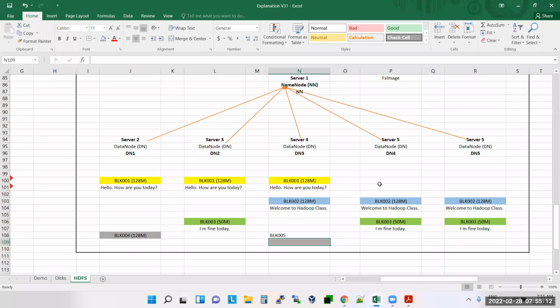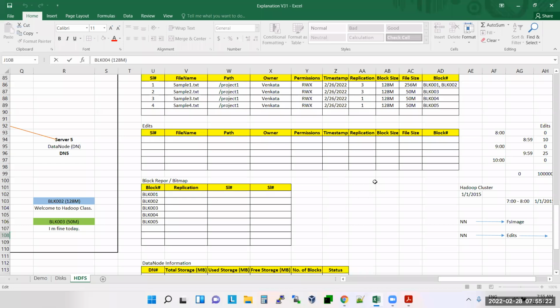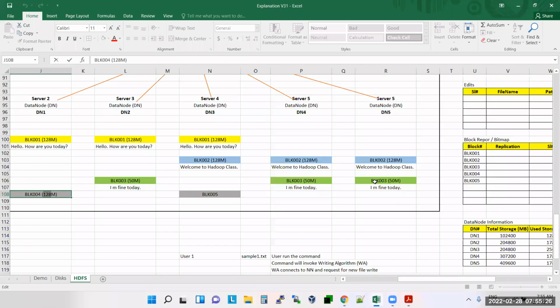Okay, so here, for the size of this one, 50 MB, 50 MB, 50 MB. Okay, understood, guys. So like this, my blocks are available. So now, what it is doing here,